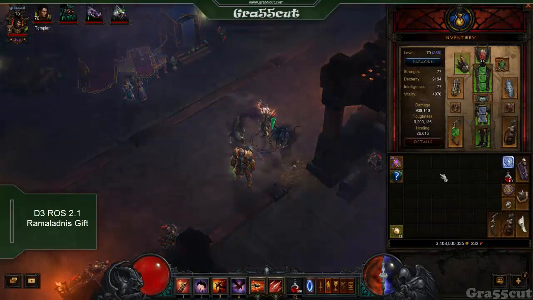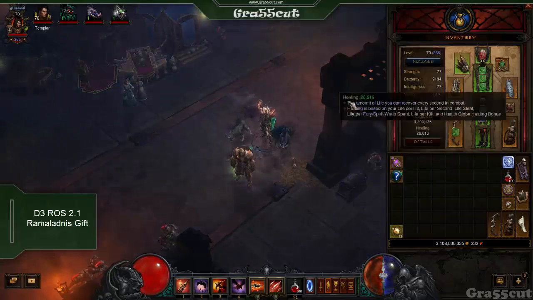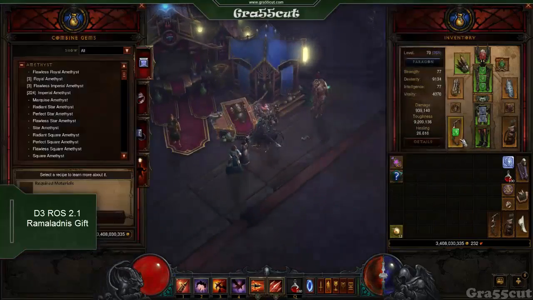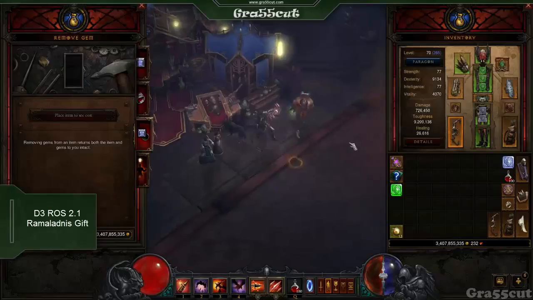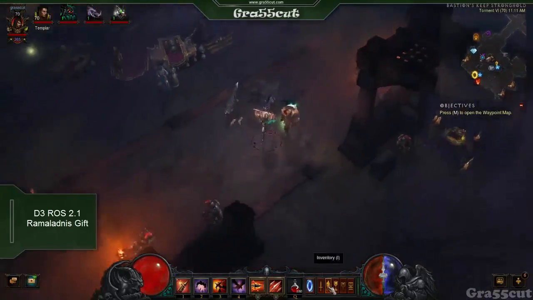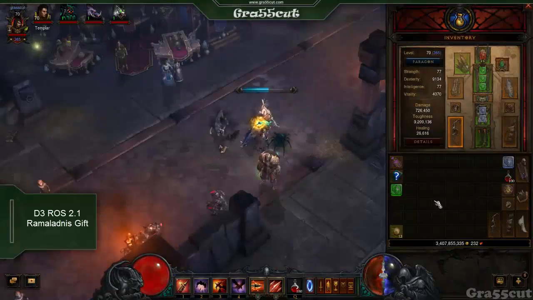So if you currently have a socket, if you look at my current weapon, it has a socket. It won't add an additional socket. So for me, what I would need to do is go to the jeweler, remove the socket, and then re-roll the socket. But let's first identify this bad boy so you can have a look at the graphics that